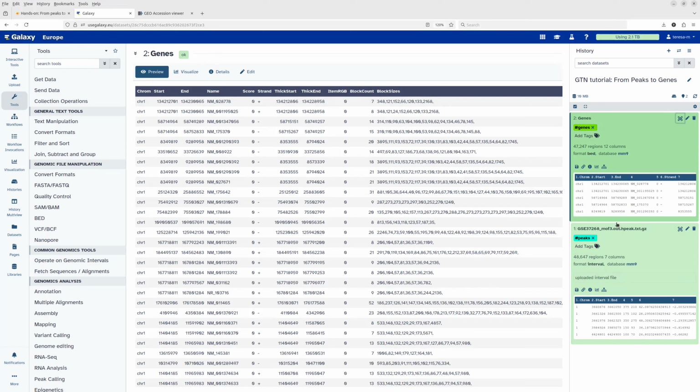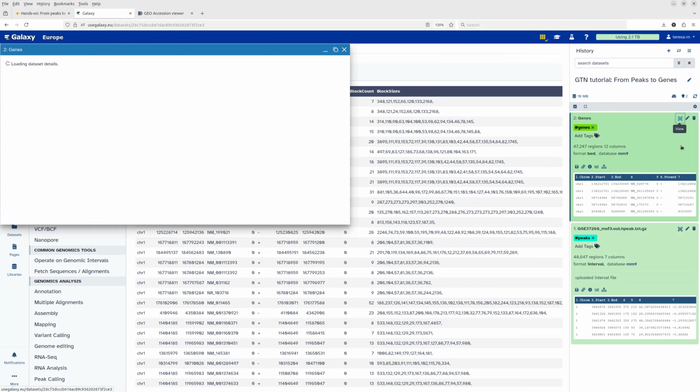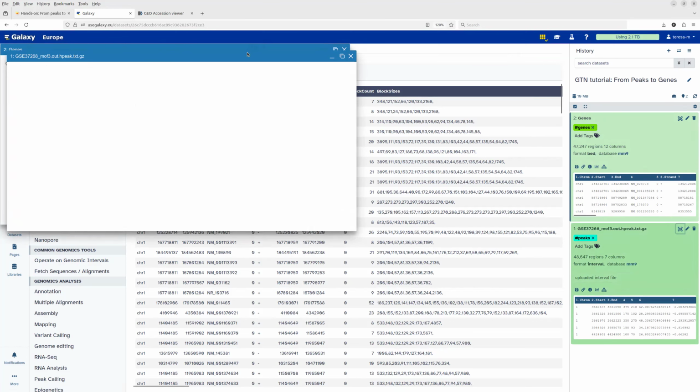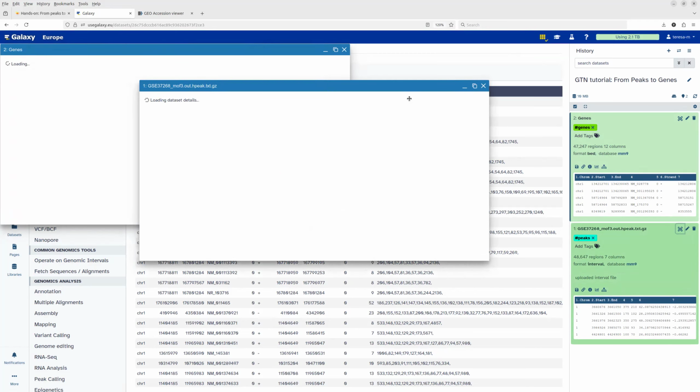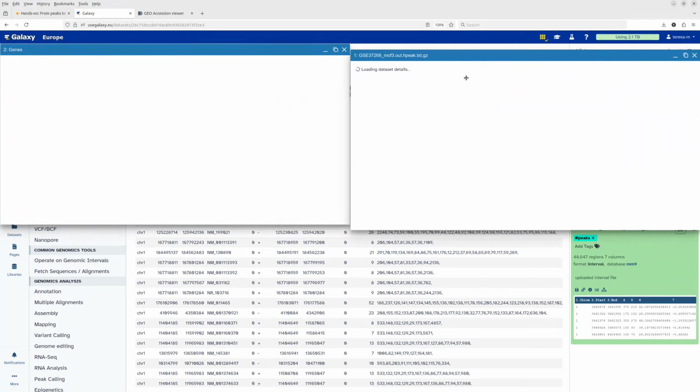It would be also nice to compare these two files, and for this we can use the side-by-side view. So I can enable this tile icon and again click on the eye icon of the two files, which opens up two files, and now I can open them side by side so we can compare